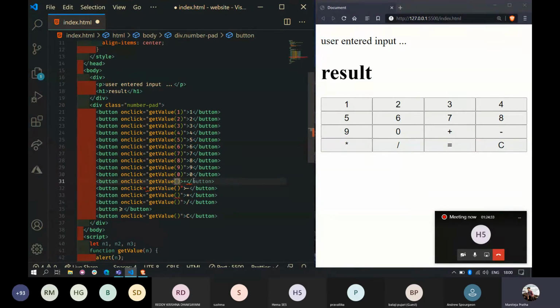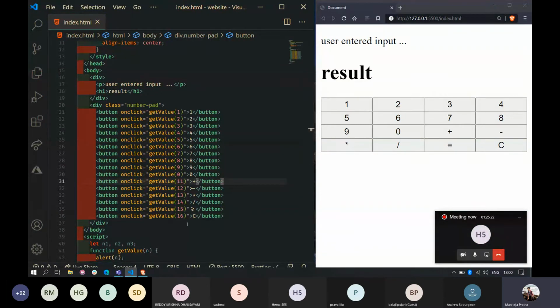Okay, so whenever the user clicks this plus button, I will give it a code as 11. So 11 indicates plus, 12 indicates minus, 13 indicates star, 14 indicates division. Oh, I forgot for this. Get value of 15, sorry, and finally 16 indicates the clear all button.